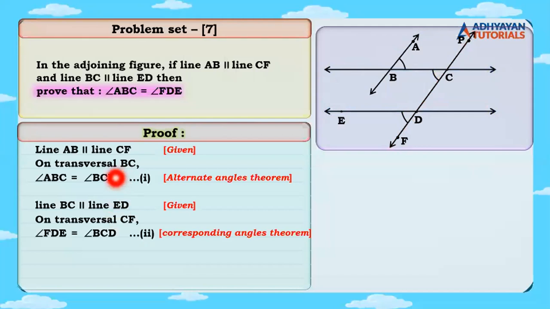Now, if you look here, children, BCD is the common angle. ABC BCD को equal है, FDE भी BCD को equal है. Therefore, ये दोनों angle equal हो जाएंगे. Angle ABC will be equal to angle FDE from one end. This is the presentation. Hope maximum students might have got it right. Correct? Yeah, we move ahead. You may take a screenshot if you want.